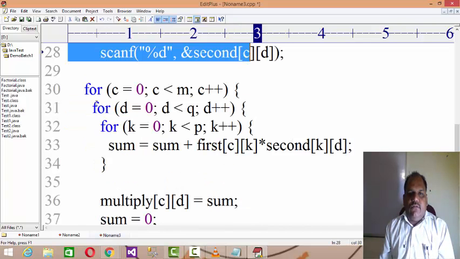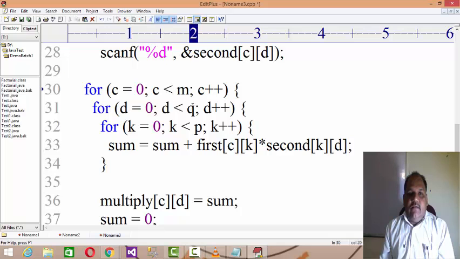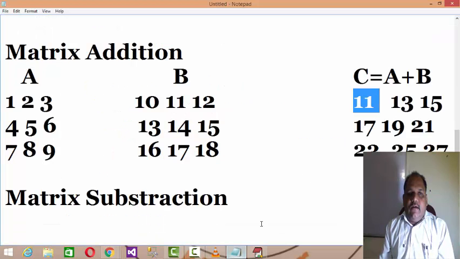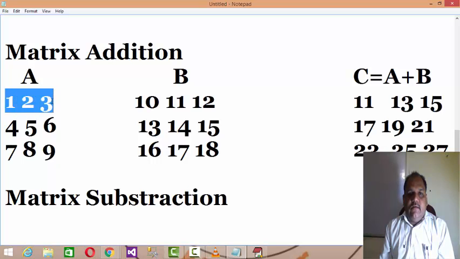For c equal to 0, c less than M, as I said. First of all, you have to develop a logic where the corresponding row coordinates of the first row, all the columns, and the first column of all the rows, have to be multiplied and added. Means 1 into 10, 2 into 13, 3 into 16.